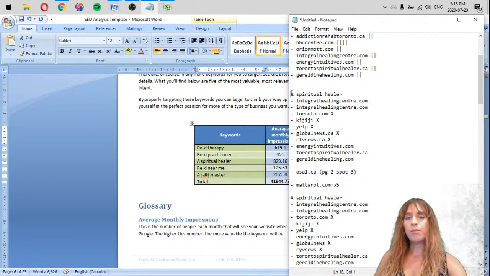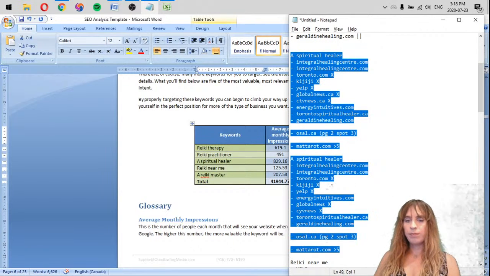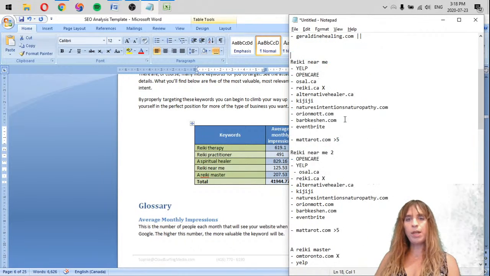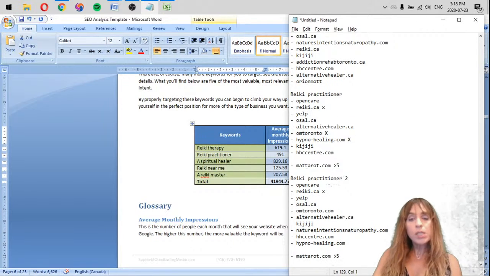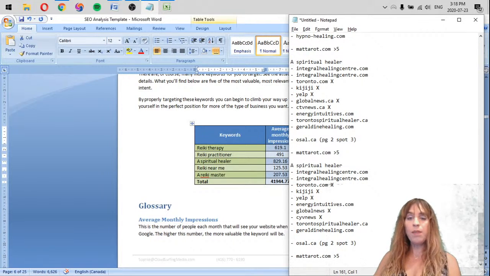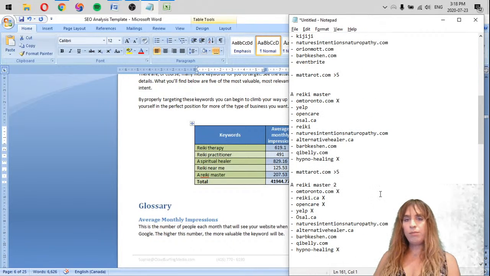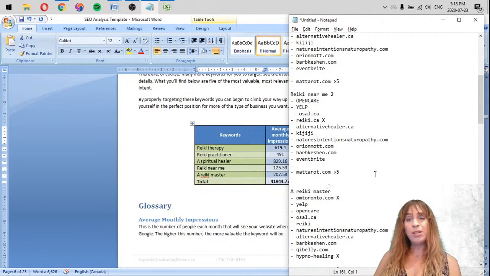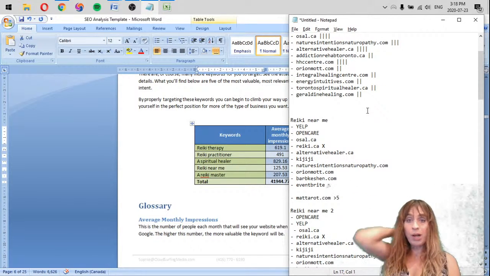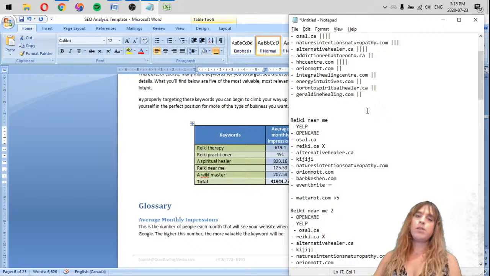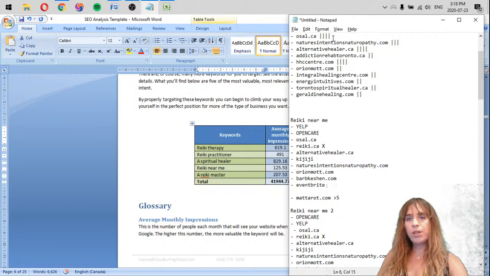Energy. Osal was page 2, spot 3, which is close to the top, not the top, but it doesn't surprise me, considering that they ranked pretty well for the other terms. Okay, so Reiki near me. Again, Osal is clearly coming out on top on both. And then alternative healer, again. Nature's Intentions, again. Orion Mott,